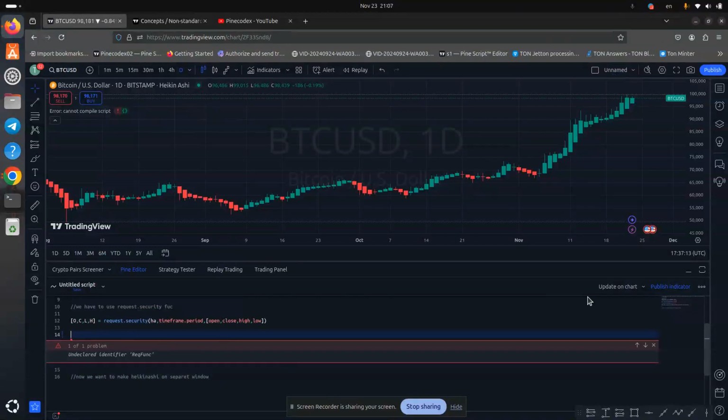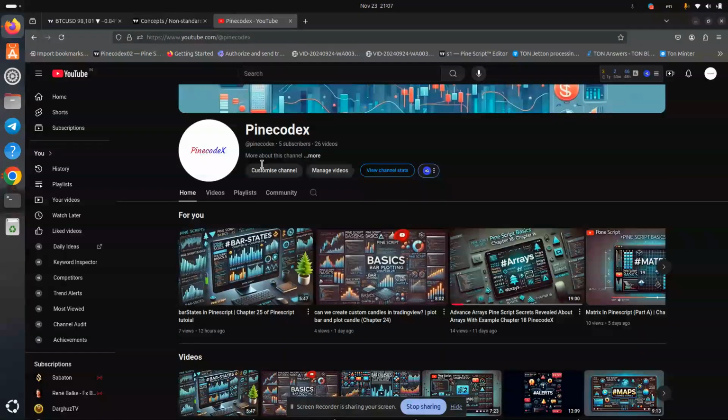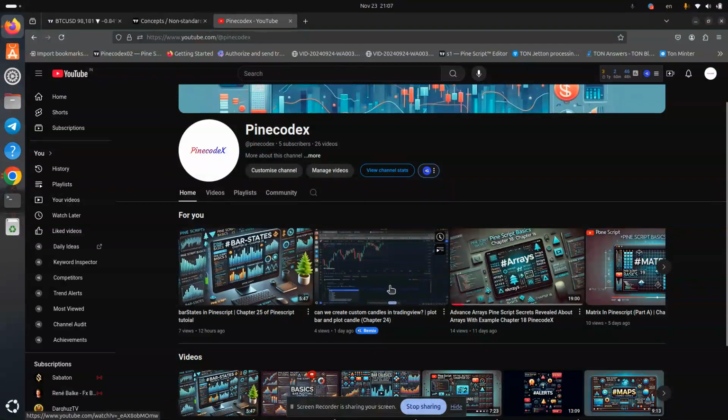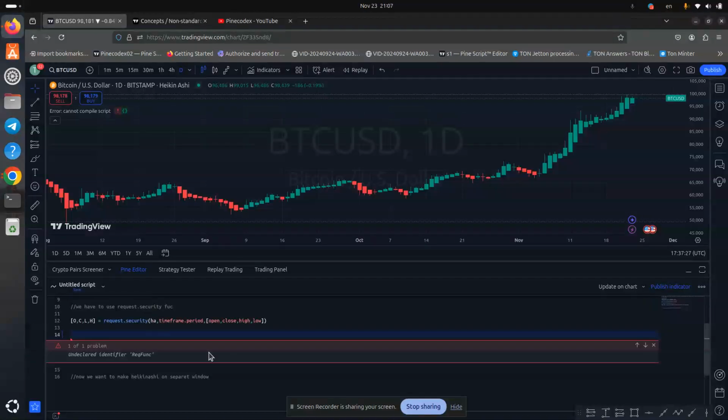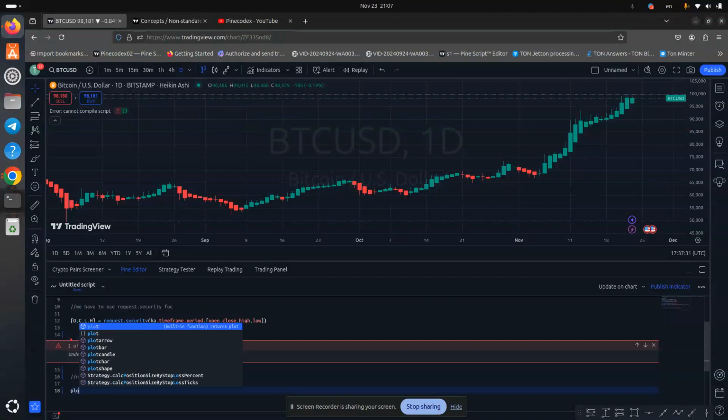We use plotbar. I explained about plotbar in chapter 24. So we use plotcandle or plotbar.